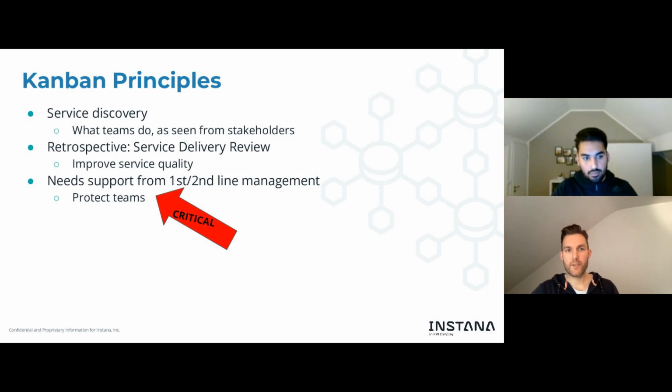It's critical to have this management support, because while discovering what your service really is and how to improve its quality, teams will conduct experiments and try new ways to organize work.